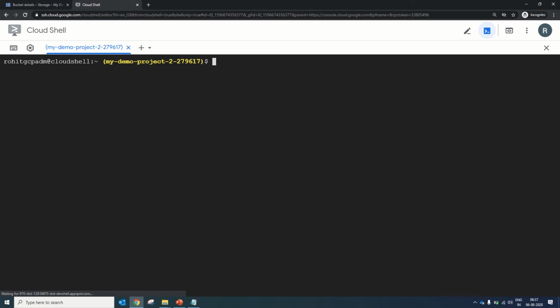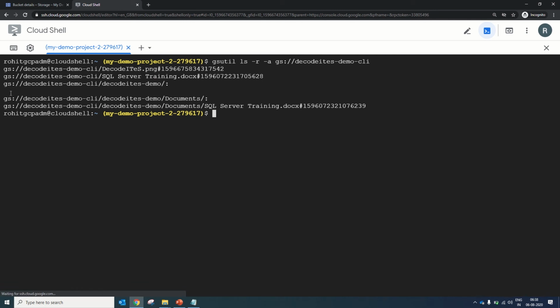Till now we have seen how we can check the current versioning status of the bucket, how we can set it enable, how we can get it disabled back to the original state, how we can see the list of version objects in bucket, how we can delete the version object. Now we are left with recovering the deleted object, which is the important one. For this I have cleared the window right now, and let's run the ls command with -a tag. Now we are going to retrieve this particular file that we just deleted using the console.